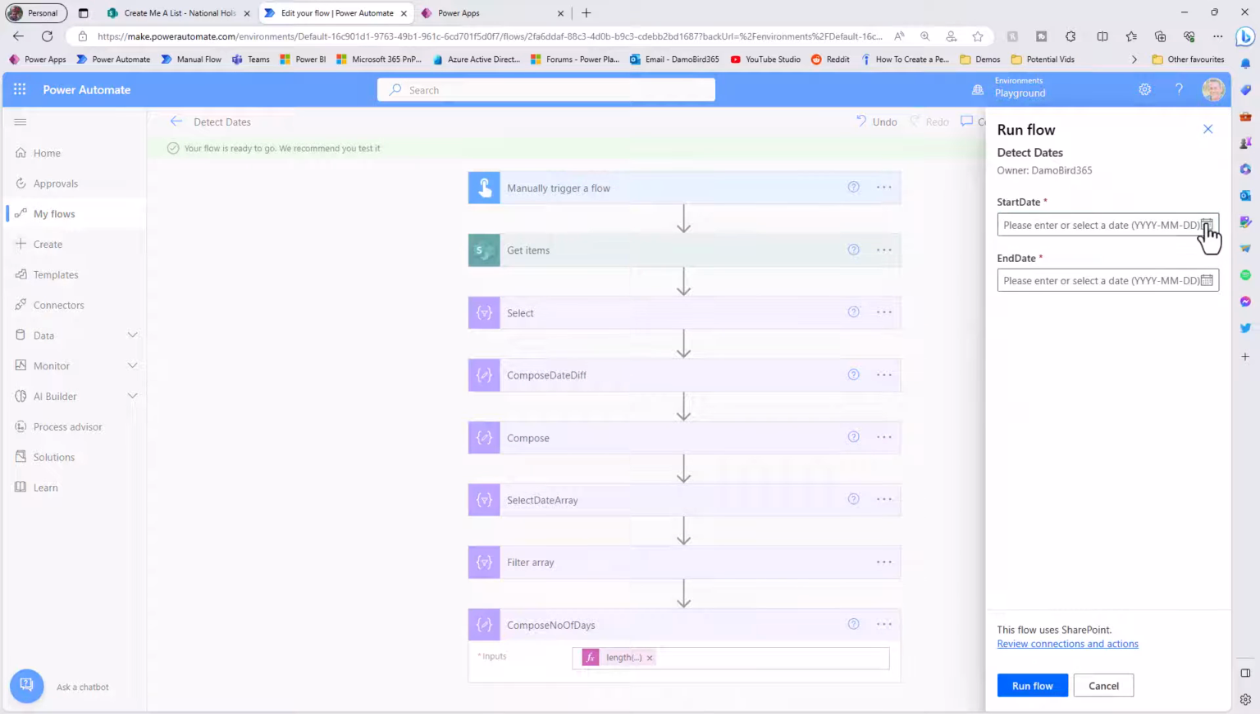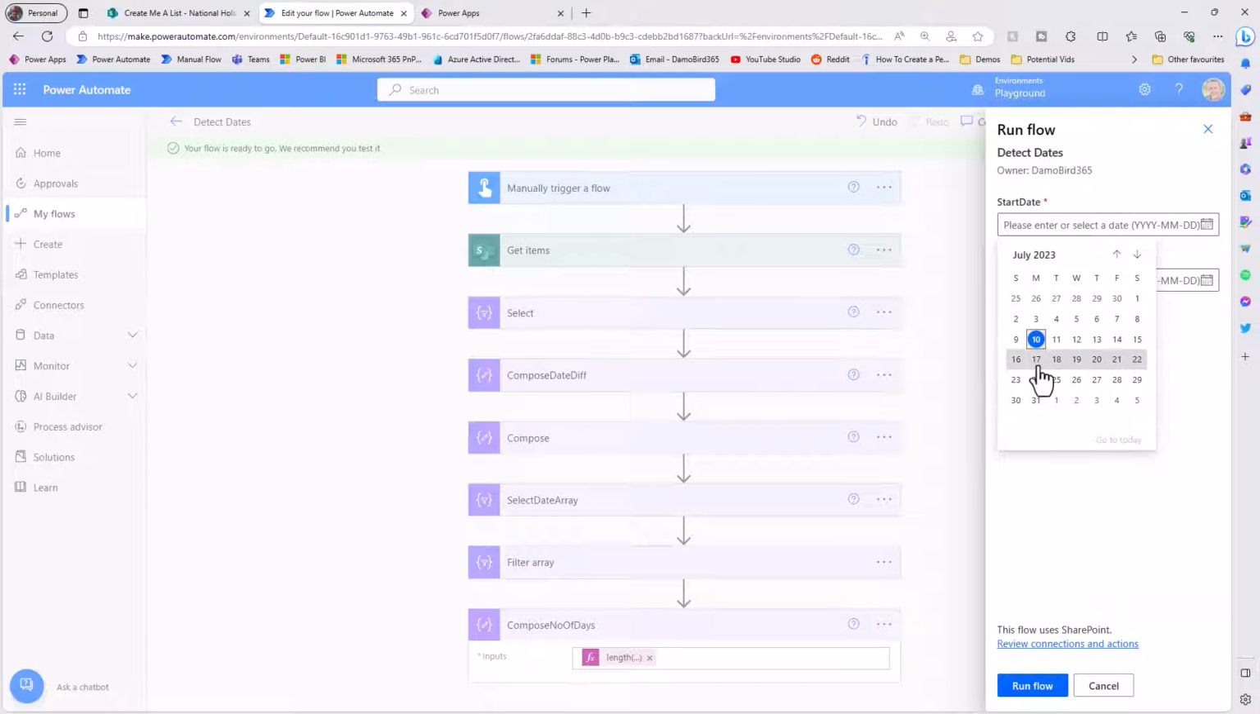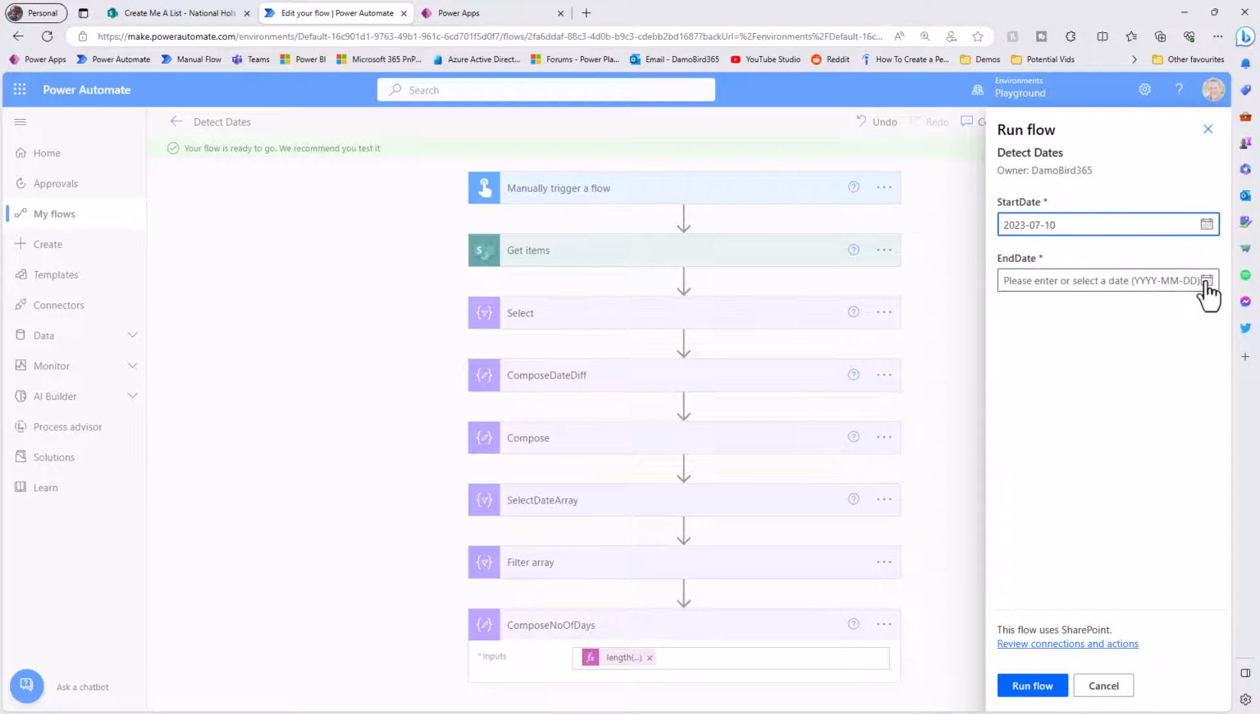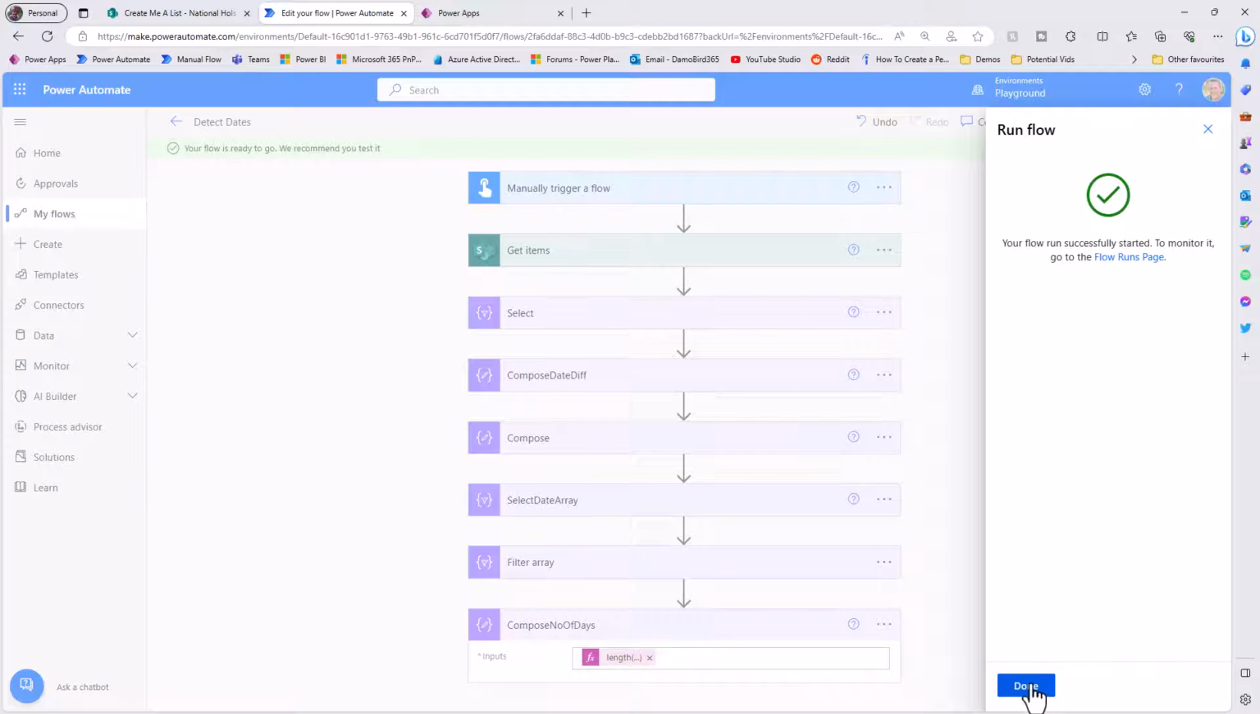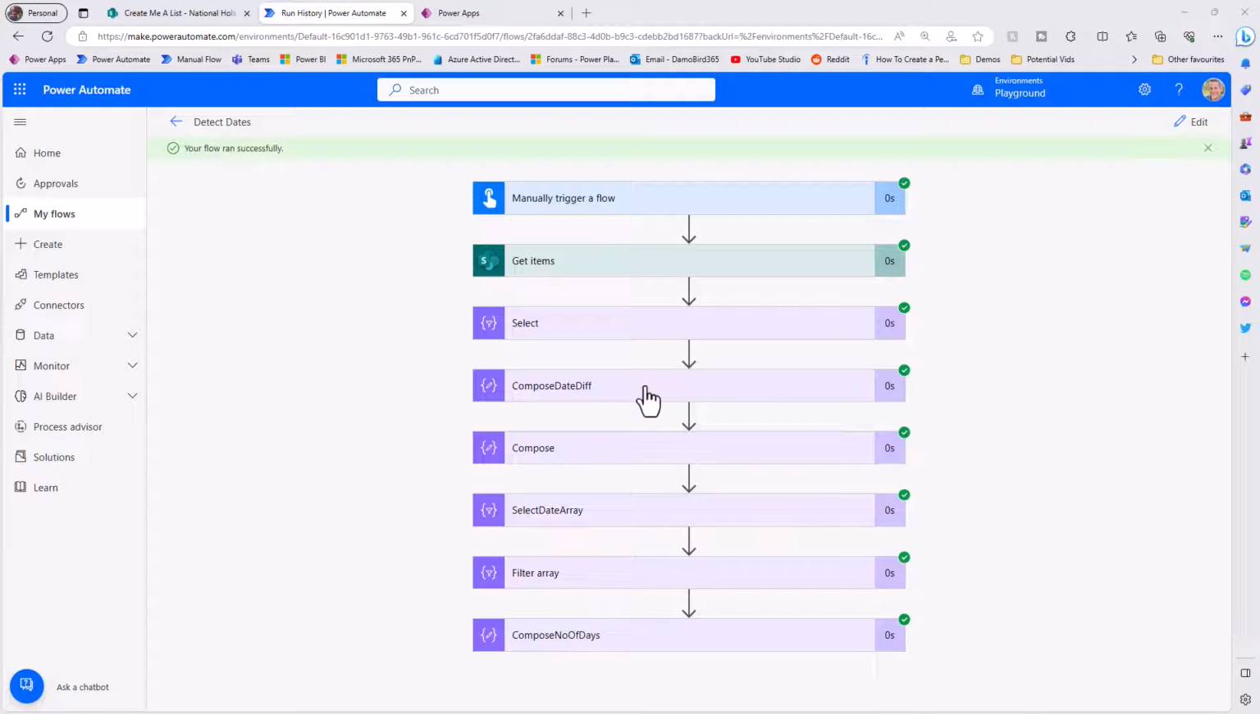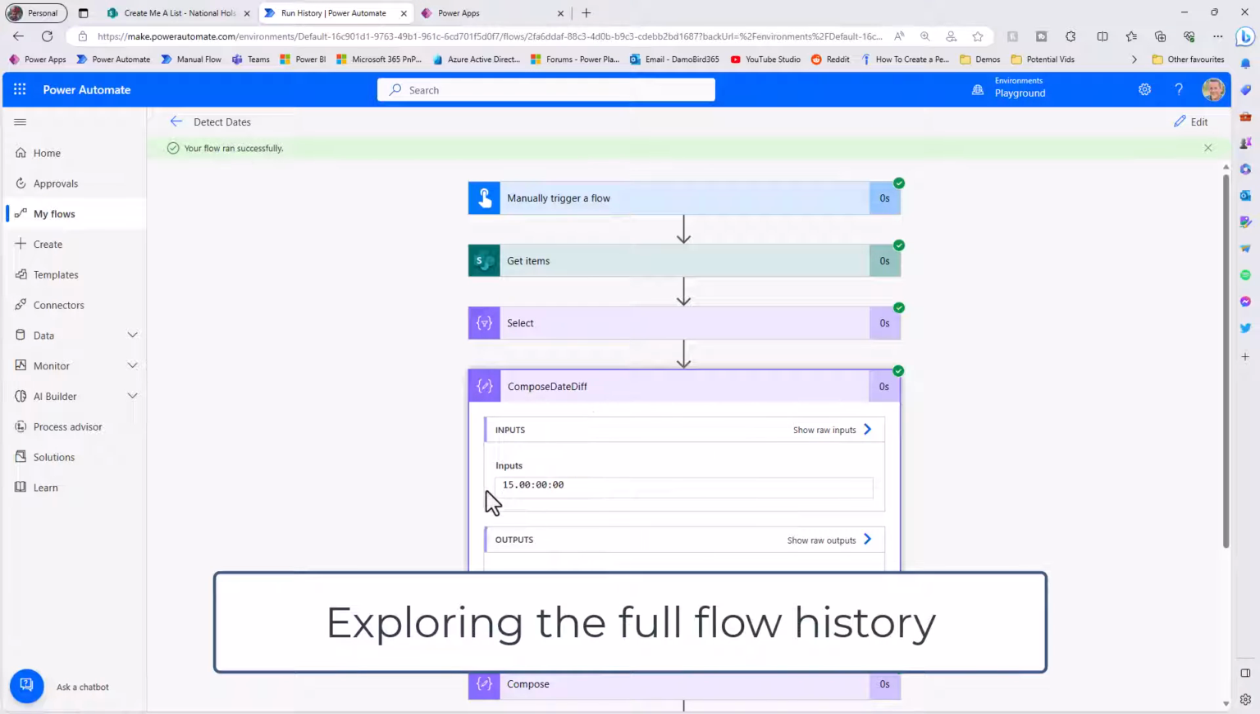Now if we remember from our SharePoint list, we had the 17th and the 21st as public holidays, so I'm going to request from the 10th all the way through to the 25th, and hopefully we'll exclude those public holidays, we'll exclude the Saturdays and Sundays, and at the final action within our flow we'll get the number of days that are working days. So hit done, pop open the date difference, we can see we've got the 15th, so